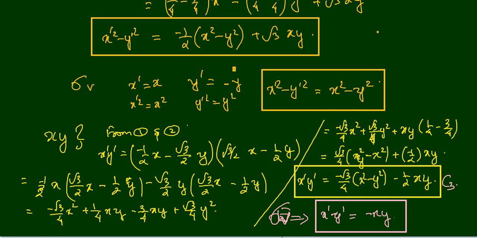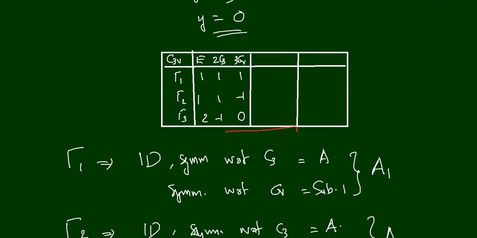Now I am writing the case of e. So for the e operation, x square minus y square transforms as, okay, x dash square minus y dash square is equal to x square minus y square. Okay, and we can write it like x dash y dash is also equal to xy during the e operation. Now